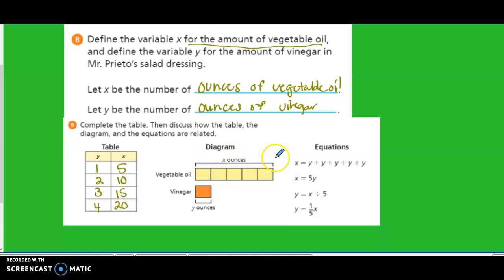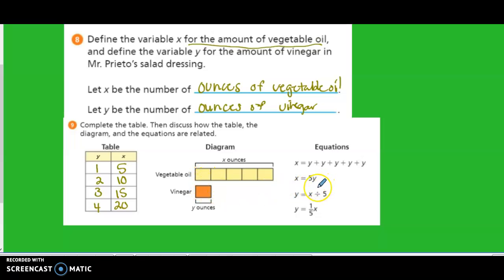Every time I have 5 of this, I have to have 1 of these to keep the salad dressing tasting the same. And here is our previous work of equations. We can represent this diagram a few ways. To figure out if every time I have 1 X, I have 5 Y's. Okay, now that might look funny, but if I have 1 of these,